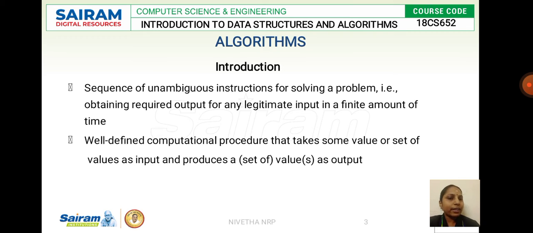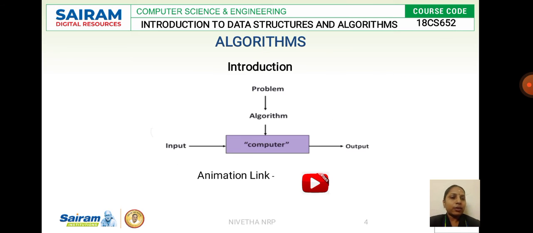It is a well-defined computational procedure which takes some set of input values, processes them, and produces the output. This is an algorithmic representation, similar to a flow chart. We have an input and the instructions we give. We identify the problem statement for each and every application we have, and we define an algorithm for that problem statement. With that, our system works with the instructions given by the user, and it produces the output. This is the flow chart we have for an algorithm.